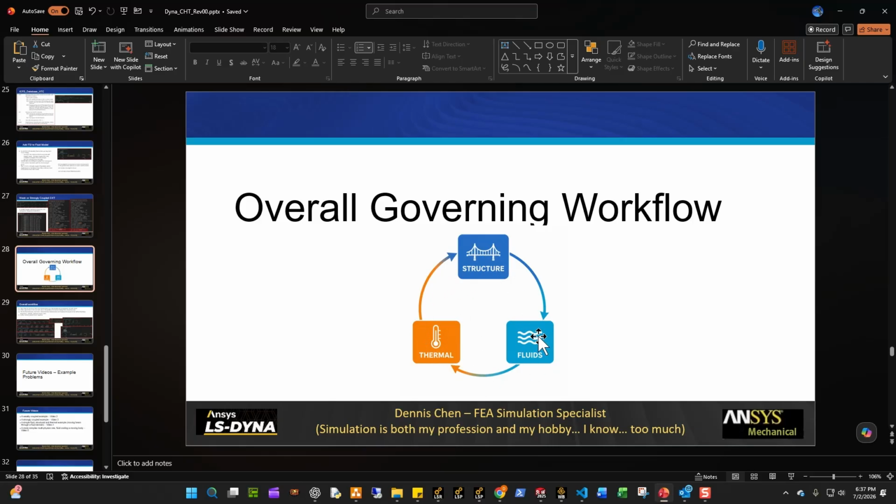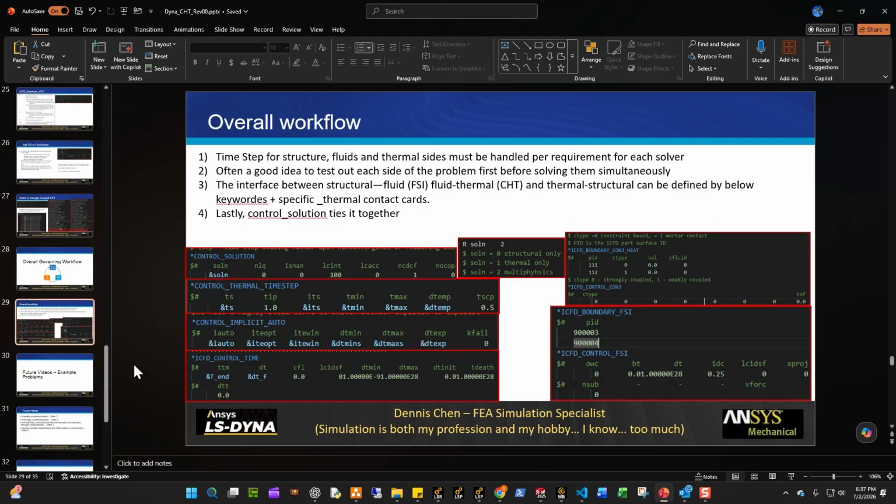You can solve them all at the same time with just a few keyword templates, which I will demonstrate in a second. Okay. All right. So with the overall workflow, right? What I have here is a couple things to remember. The first thing is the time step for structure, which is controlled by the control implicit auto, the time step of fluid, which is controlled by the ICFD control time step, and for thermal, which is controlled by the control thermal time step. These three things right here are the ones that really change how your problem behaves,